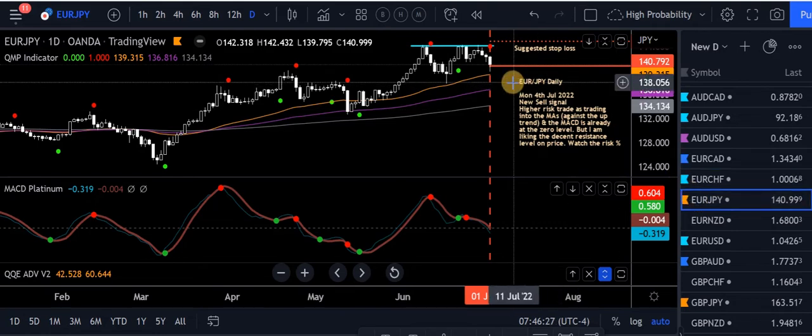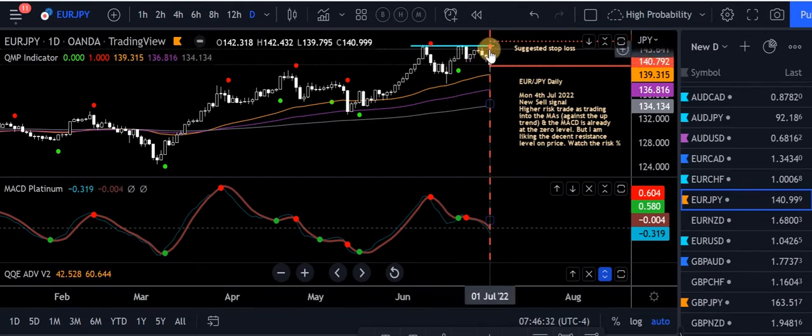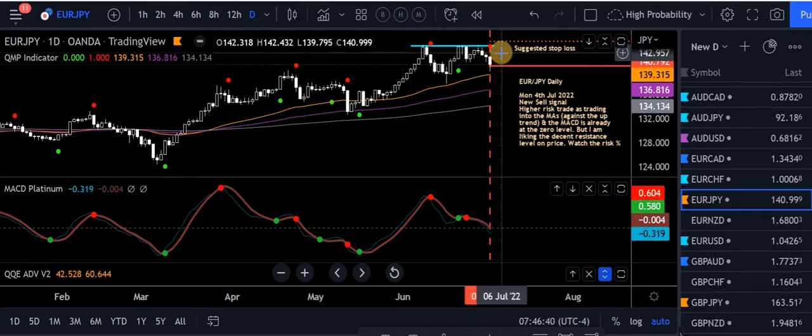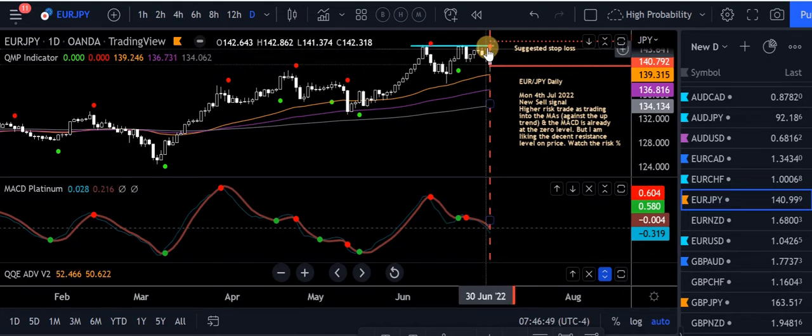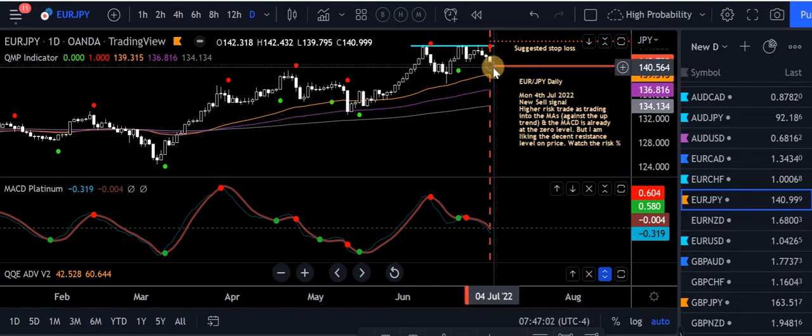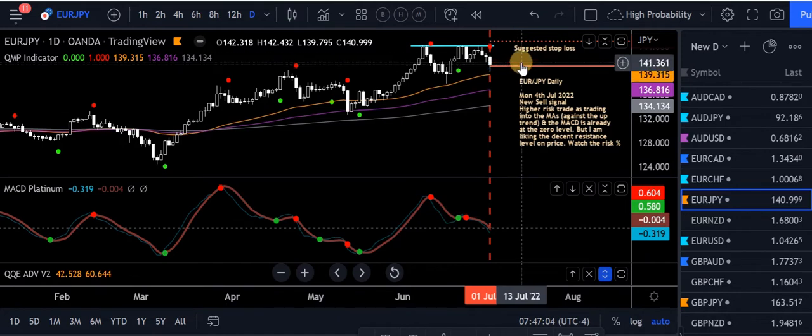Now, the beauty about TradingView compared to MT4 and MT5 is with TradingView on a Friday close, TradingView presents or displays all the new dots. So if you had the exact same setup on MT4 or MT5, you won't see the red QMP filtered dot. It will only appear when the market opens on Monday morning on MT4 or MT5. So with TradingView, I know exactly what's coming Monday, and I'm assuming the market's going to open pretty close to where it closed, so I'll be ready to go.